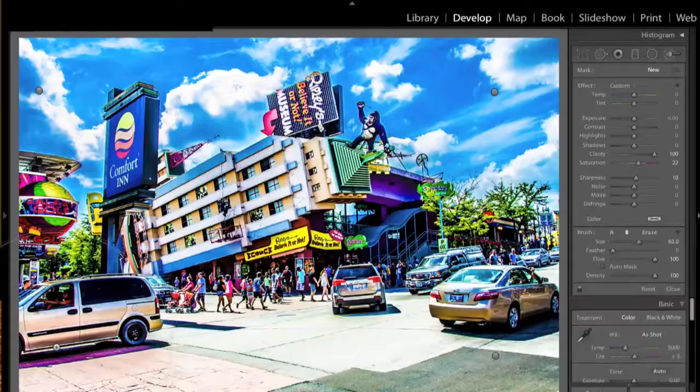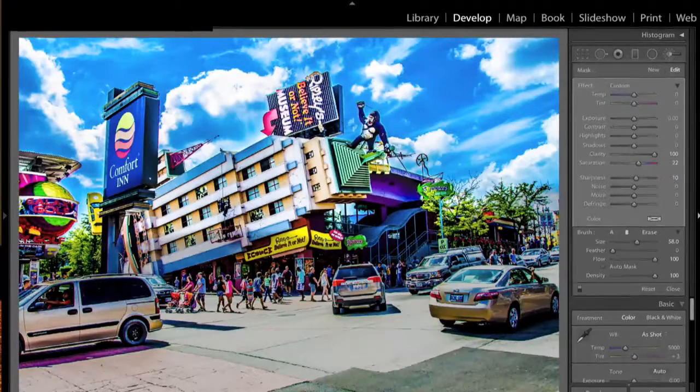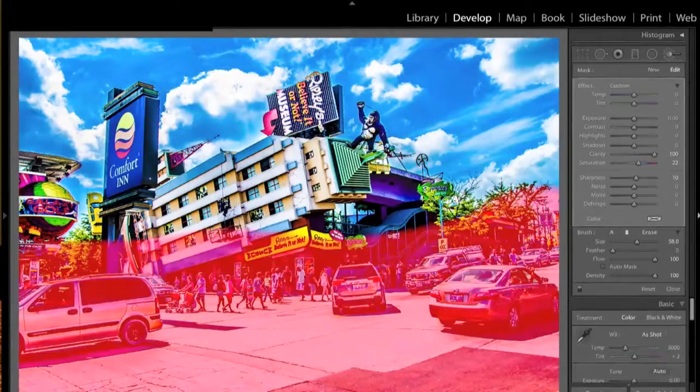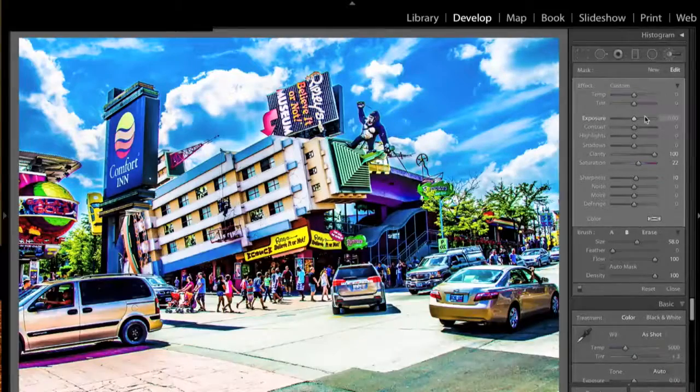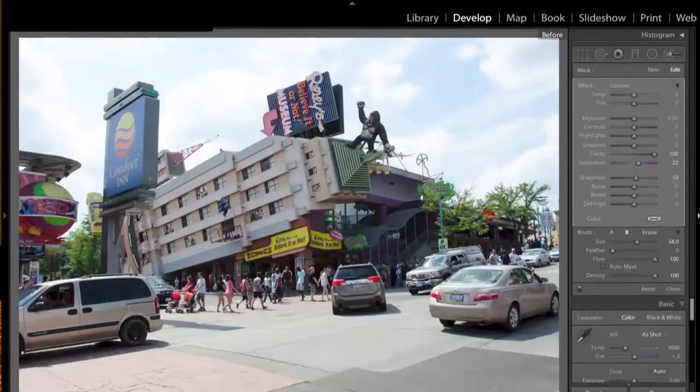Make my brush a little smaller, and I'm just going to do the road just for the heck of it, and the cars. And I'm going to hit O for overlay, and you can see where I did there. I'll hit Shift O to change the color of the overlay. See? Okay, and I'll hit O again to turn the overlay off. And I'm going to hit the backslash key now, and there's what we started with, and there's